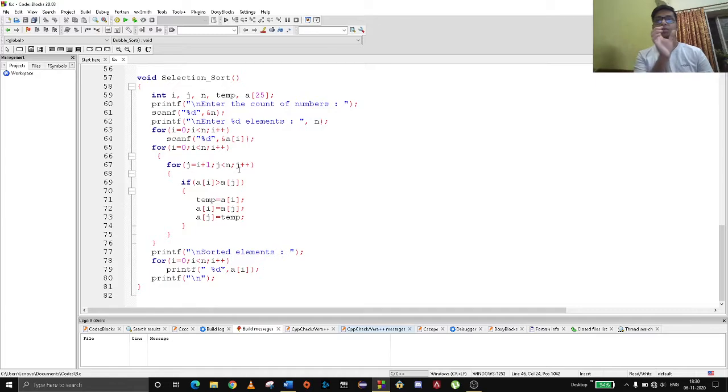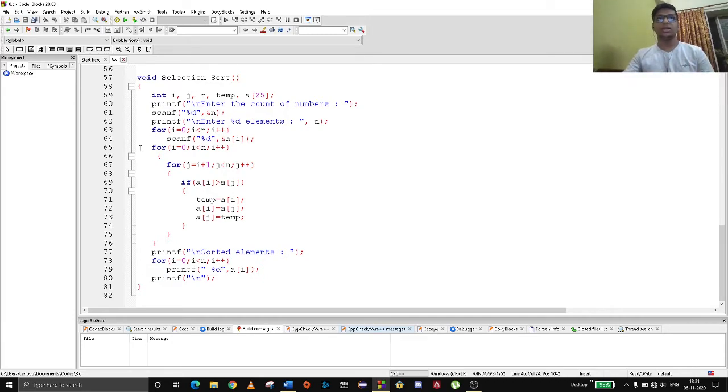If you provide some elements, it will take the first index and check whether there is a smaller element or not. If there is, that small element and the first element will swap their positions. Then it goes to the second element and sees whether any smaller element is there. If so, it will swap again.